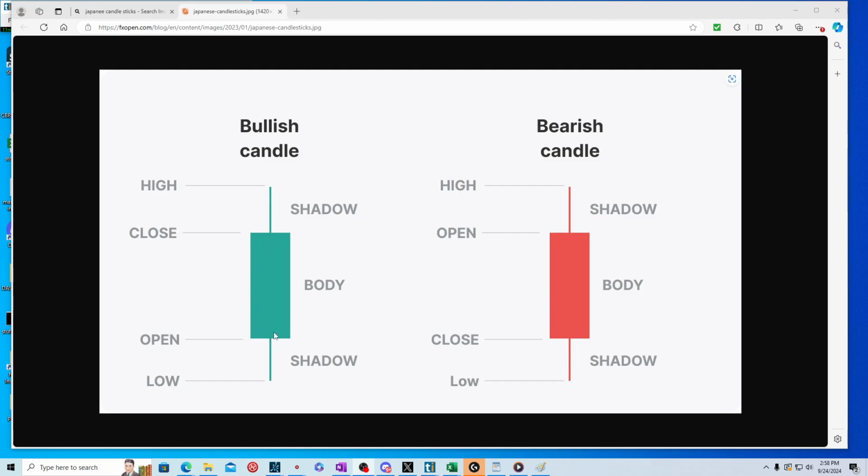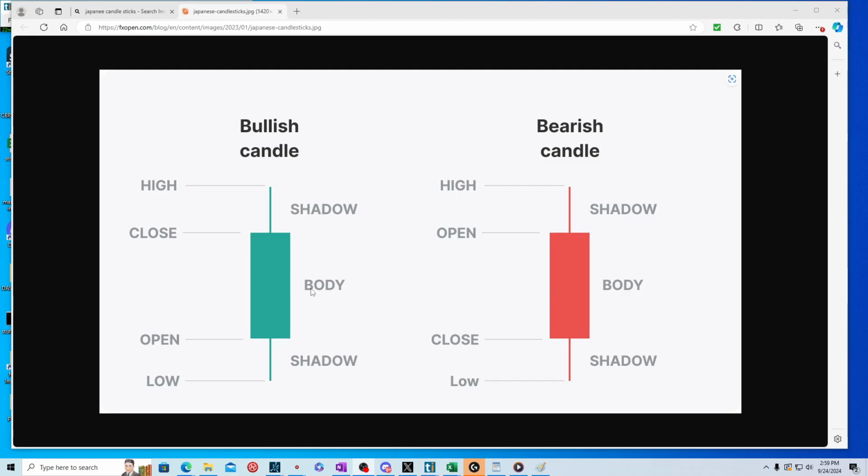This is the body of the candle, and these are considered wicks. So this is a wick or a shadow, they call it, a shadow or a wick, and this is the body. All these candlesticks are the same on every time frame, okay? So whether it's a 1 minute chart, a 5 minute chart, a 10-minute chart, 30-minute, hourly, it doesn't matter. The candles look exactly the same. They're just different